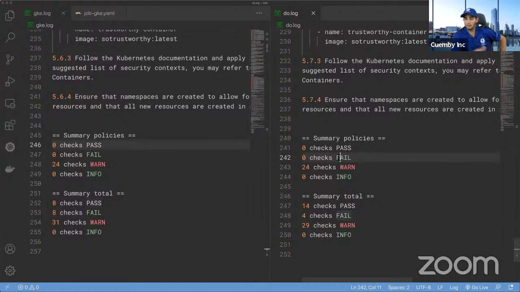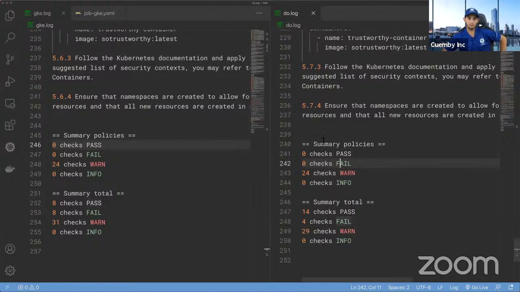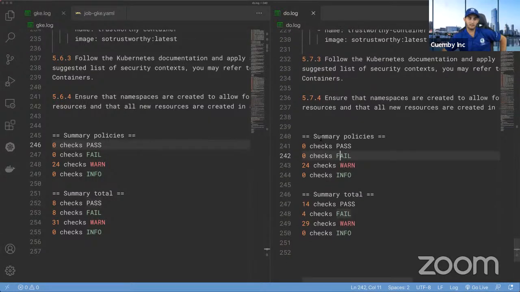You could use a company like that to fix it and do a more thorough security check. But this is actually good. It's giving you at least a notion like, hey, you are failing in these 3, 4, 5 different checks that you should get in place. So that's kind of my point.